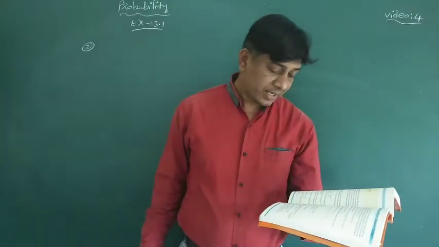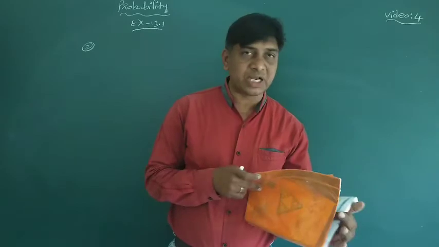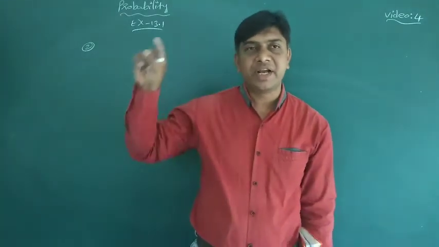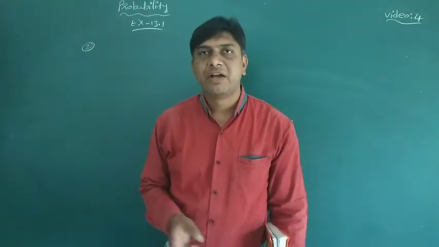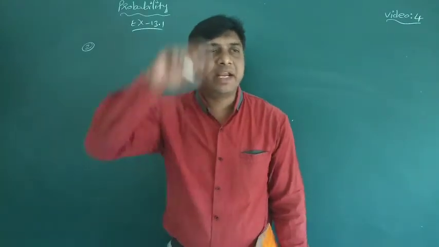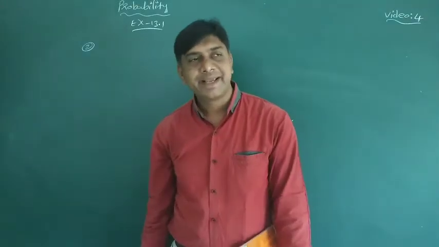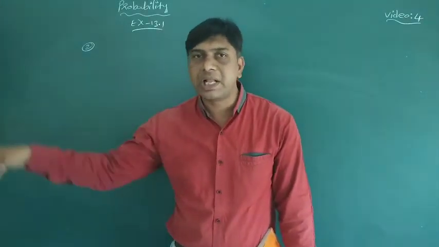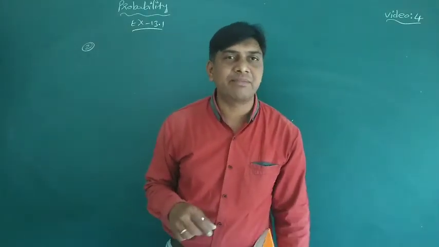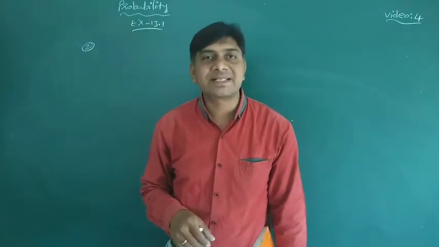Clear? A player attempts to shoot a basketball, so he shoots or misses the shot. A player is mentioned in your textbook. When you throw a ball at the wicket while playing cricket, it may hit the wicket or it may not hit it, so actually it is equally likely. In your book also you may find it as equally likely. But here my condition is different, I am giving the explanation. A player shoots a basketball.